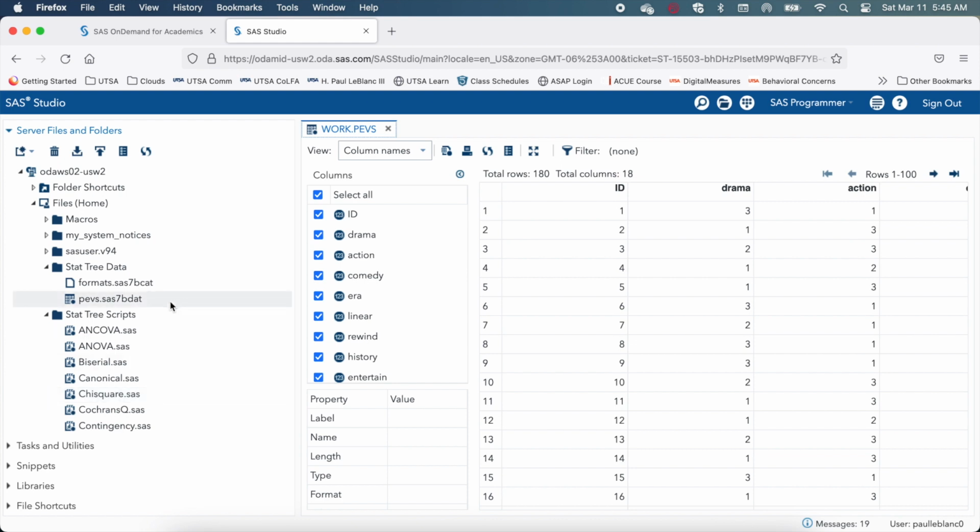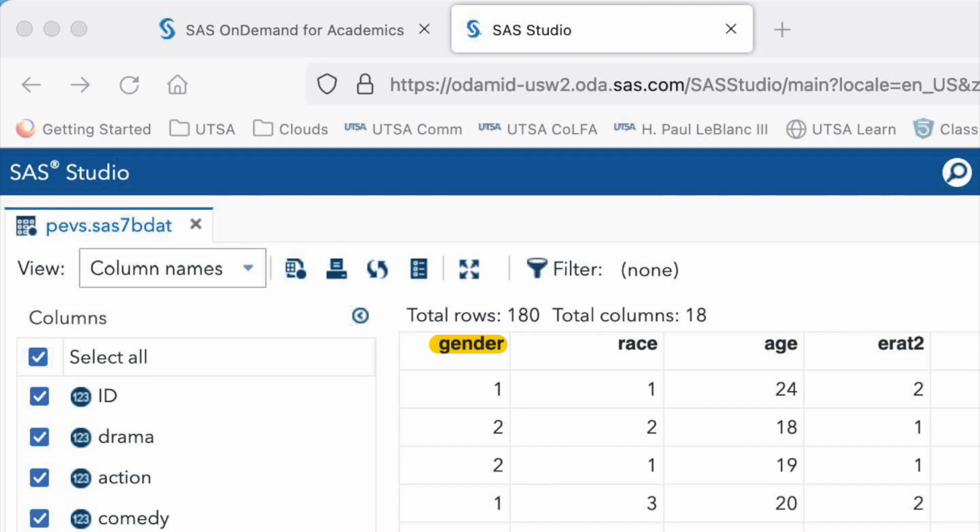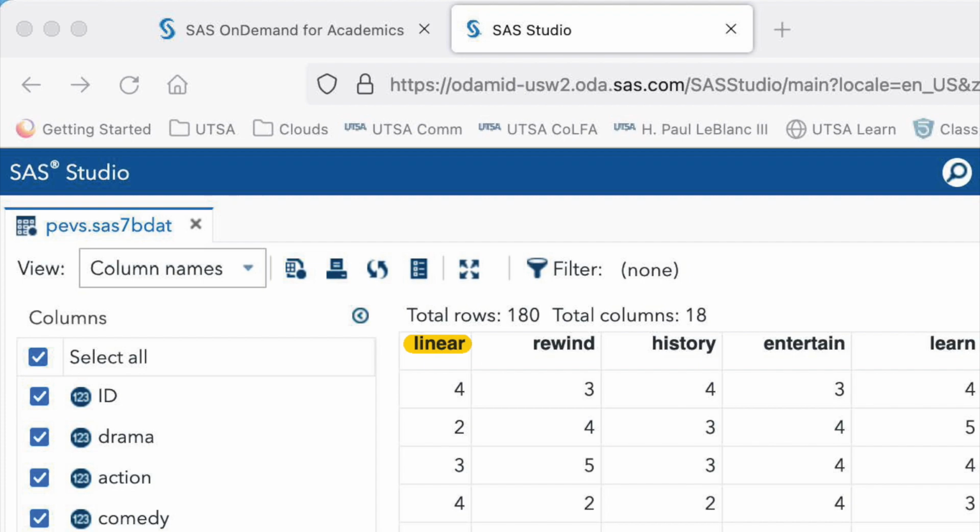Once you have uploaded or imported the dataset into SAS Studio, you will need to create a temporary reference to that dataset in the libraries. A link to a video demonstration of that procedure is in StatTree Help. With the PEVS dataset open in SAS, you would choose gender as the independent variable and linear as the dependent